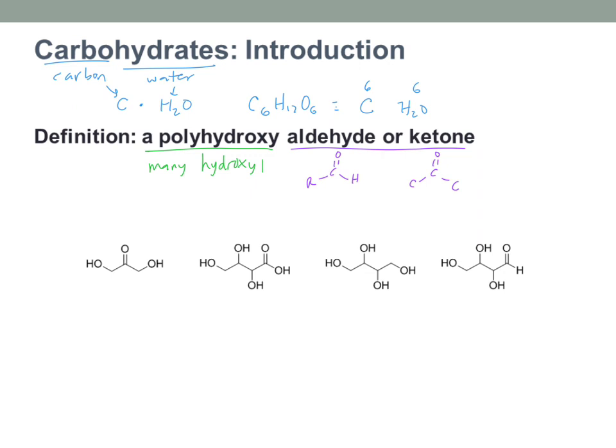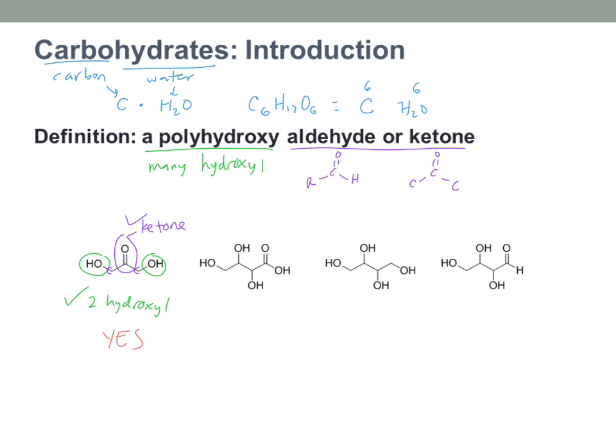So I'm going to look at my 2 criteria. My first question: is it polyhydroxy? Well, I see that I have 2 hydroxyl groups, so check, that works. And I need to know also, is it an aldehyde or ketone? If I look at this carbonyl here, it looks like I have a ketone, because I have the C double bond O, with a carbon on either side, so that works also. So that means that, yes, this is a carbohydrate. This is dihydroxyacetone, for people who care. It's the smallest ketose. But regardless, I have a ketone and many hydroxyl groups, so I'm good to go.